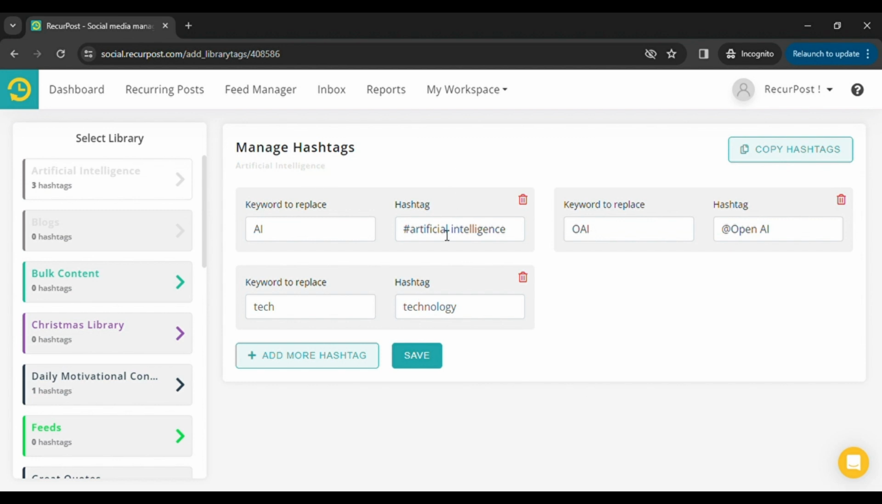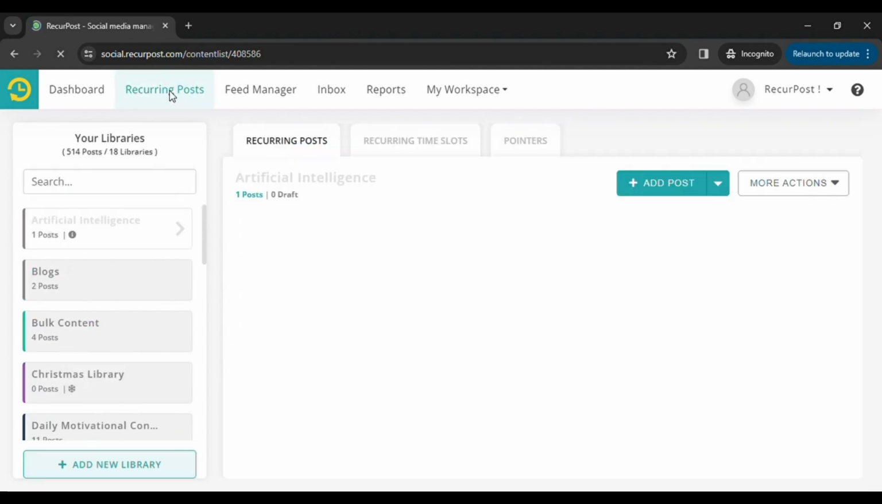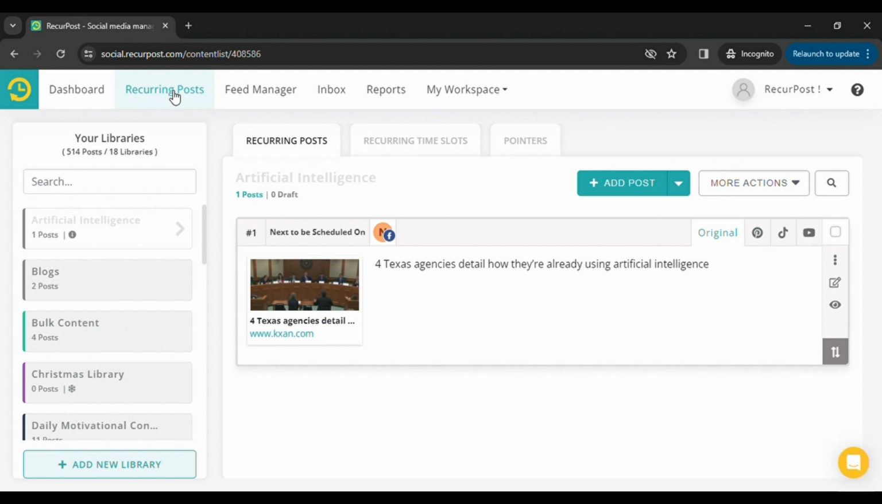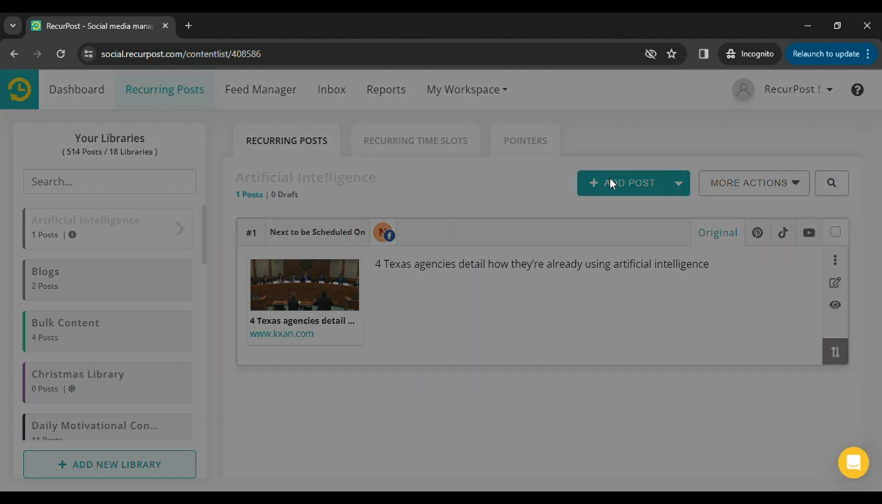To test these, let's head over to the libraries from the top panel. Here in the libraries, select the library Artificial Intelligence, add a post,